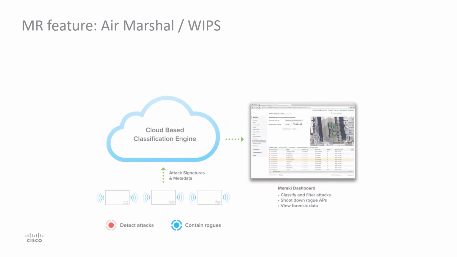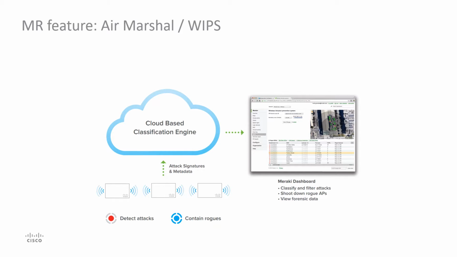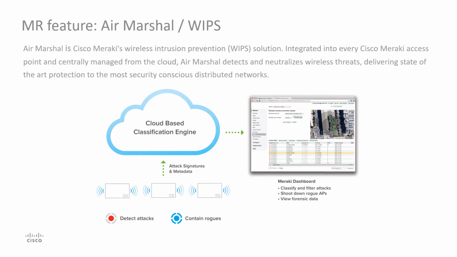If you recall from one of the previous illustrations, some of the Cisco Meraki access points have 3 radios and 4 radios. One of the differentiators of the Cisco Meraki access point solution is the dedicated 3rd radio. This dedicated radio is constantly monitoring the RF spectrum, serving 2 primary purposes. One is the wireless intrusion prevention system, also known as Air Marshal, and 2 is the RF optimization, also known as Auto RF. From the security aspect, 3 radio and 4 radio access points are basically all of the access points we reviewed in the previous slides.